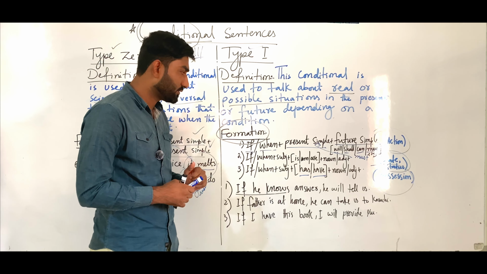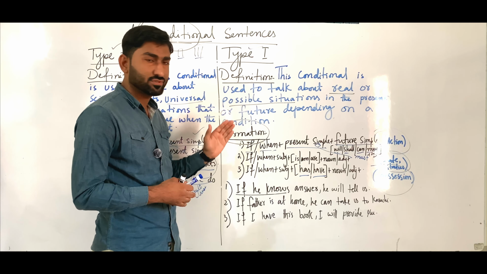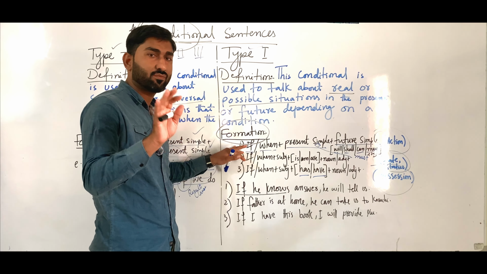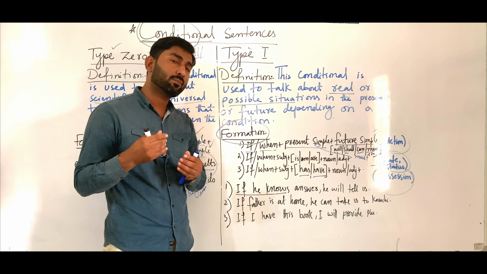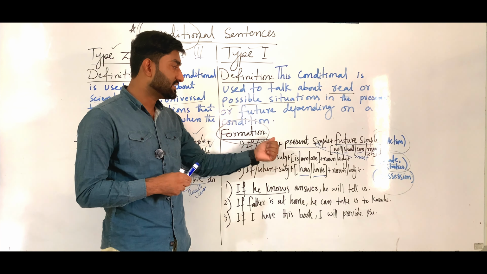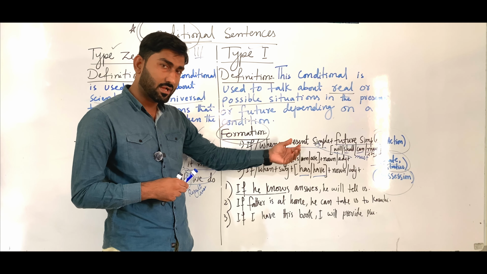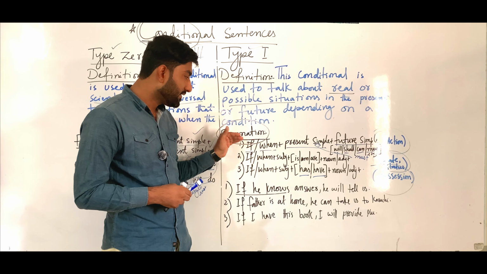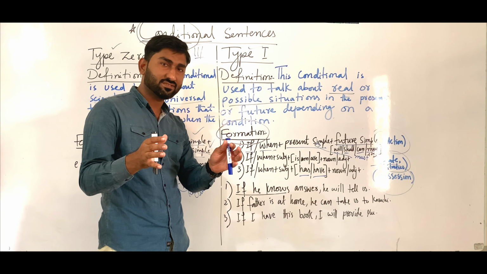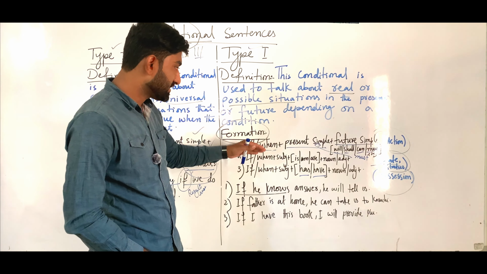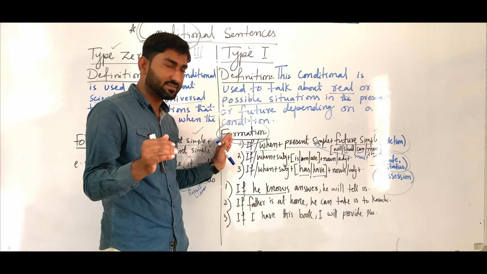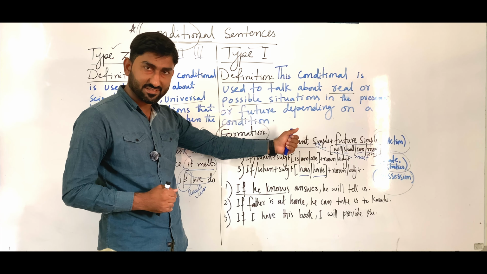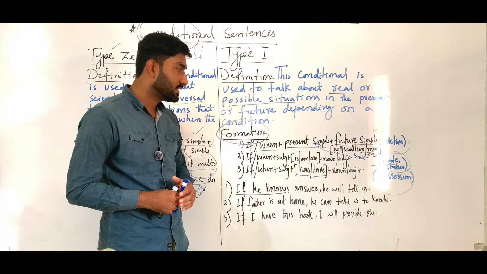Okay, now let's talk about the formation, कि इसका formation क्या है। जैसे I hope you understood the definition. Now what is the formation? The formation, actually dear listeners, we have got 3 formations here. इसके मैंने 3 formation लिखे हैं ताकि आपको अच्छे से समझ आ जाए कि where we use conditional type 1 like for action, how we use it for action, how we use it for status, presence and absence, and how we use it for position. So I have categorized the formation in 3 different ways, in 3 different variations. तो फॉर्मेशन को मैंने 3 हिस्सों में डिवाइड किया है ताकि यू कैन अंडरस्टैंड इट इजीली।